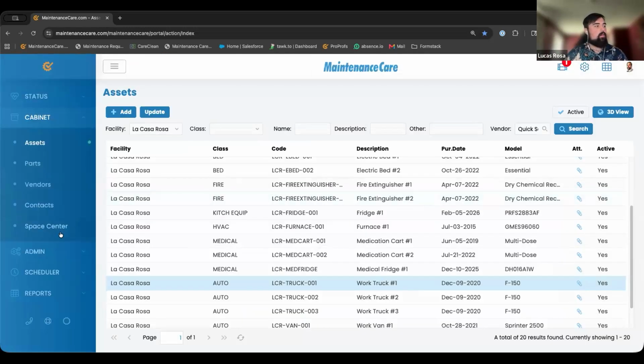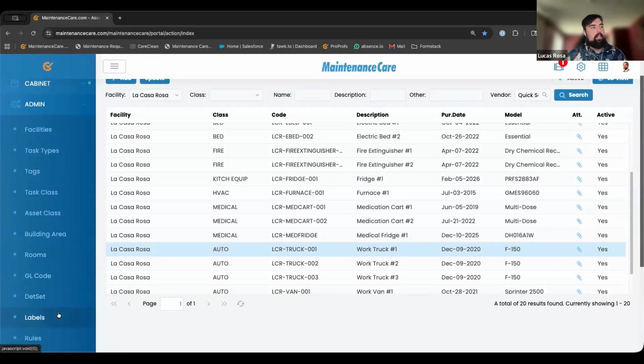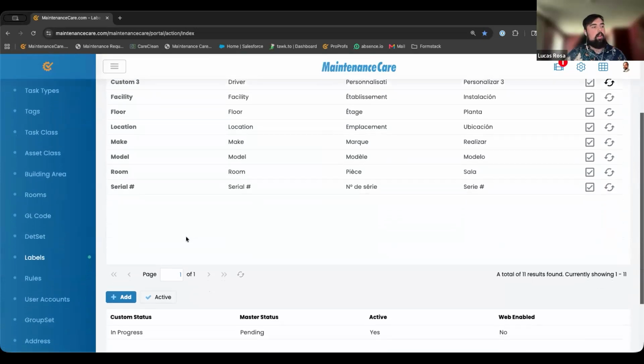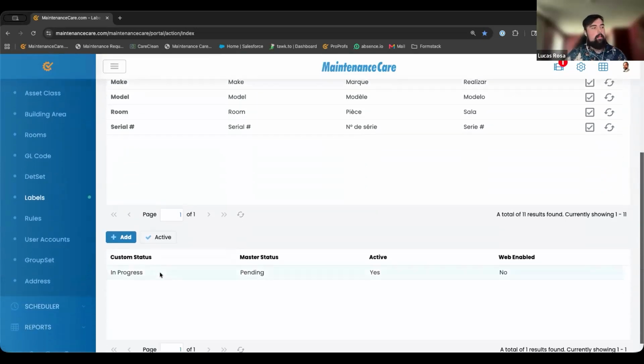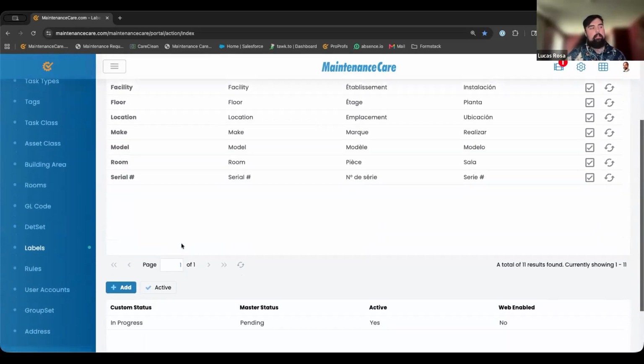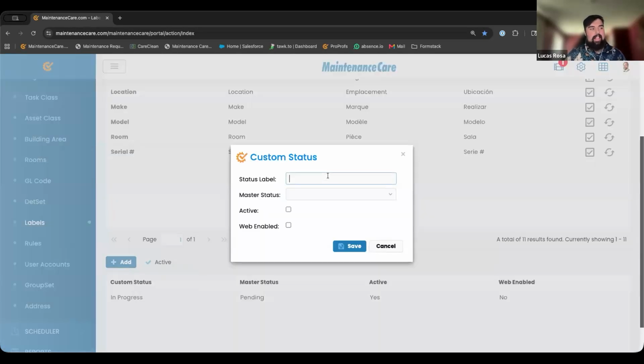With any of those labels, you can play around, change them. It does not just have to be the custom ones. But there is one other section within labels, and that's actually where we're going to change the labels of our statuses. So maybe I want to go ahead and have a custom status. As with anything in maintenance care, if you can add something new, there's going to be a blue add button. So if I want to go ahead and add a custom status, I can go in here, add that status